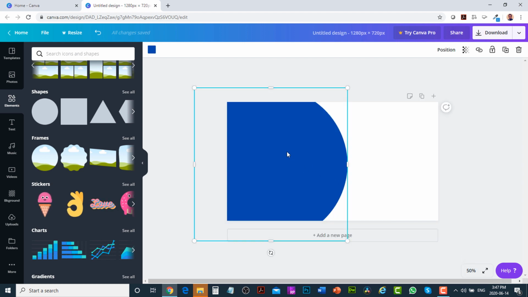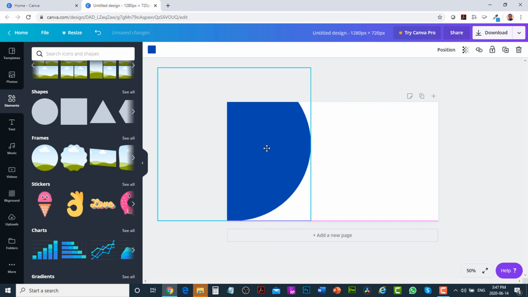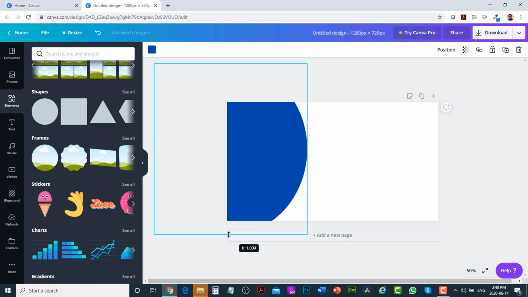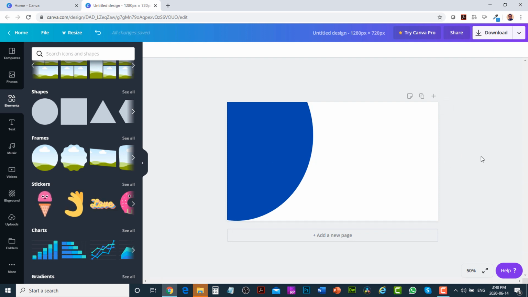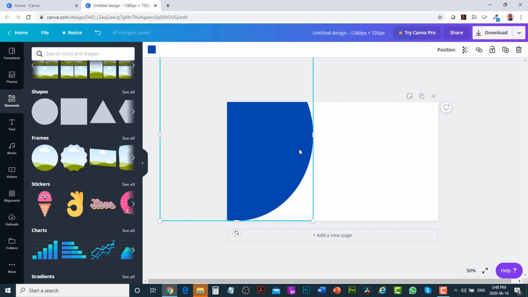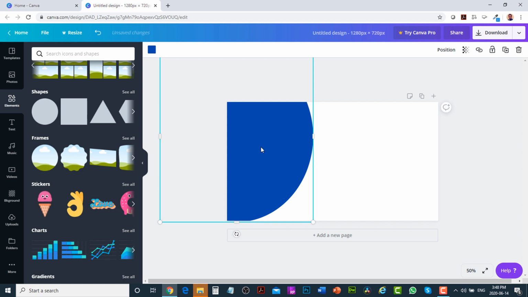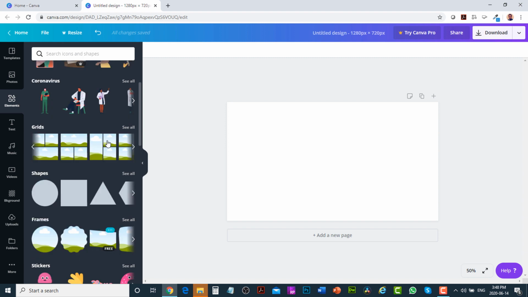Even you can, let's say like this, or any kind of shape. You can design different shapes using the shape element. Okay, so